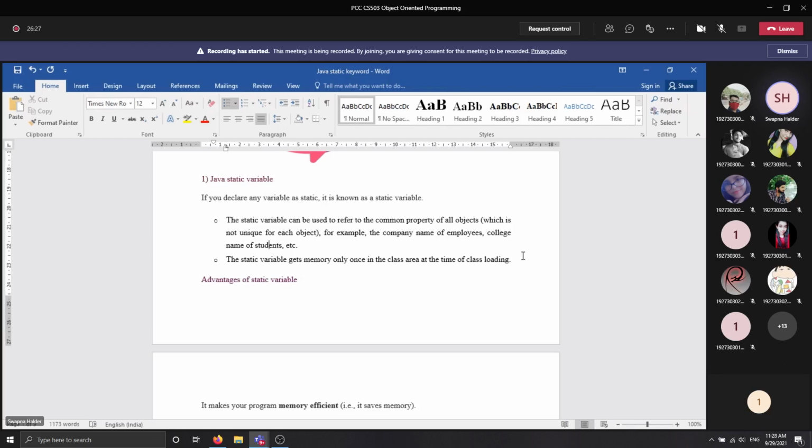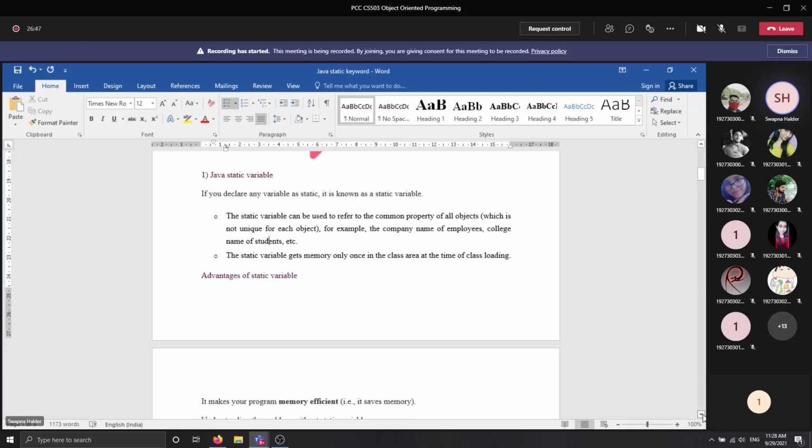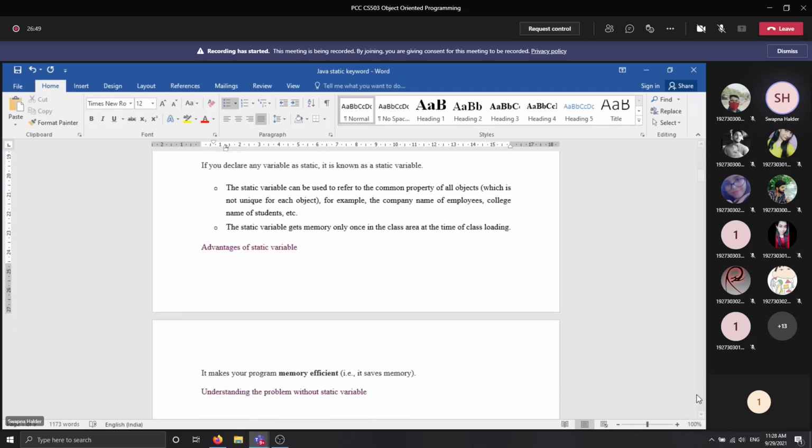So this is the main utility of a static variable. It makes proper use of the resources available to you, or you can say it makes your program more memory efficient. Here is also an example. You can go through this example.